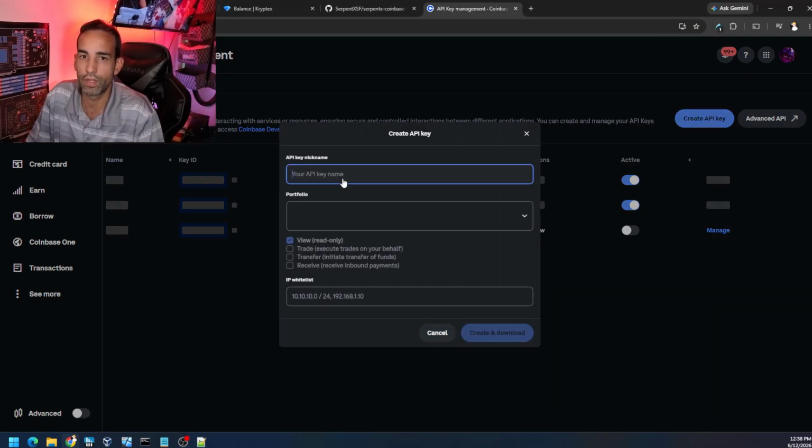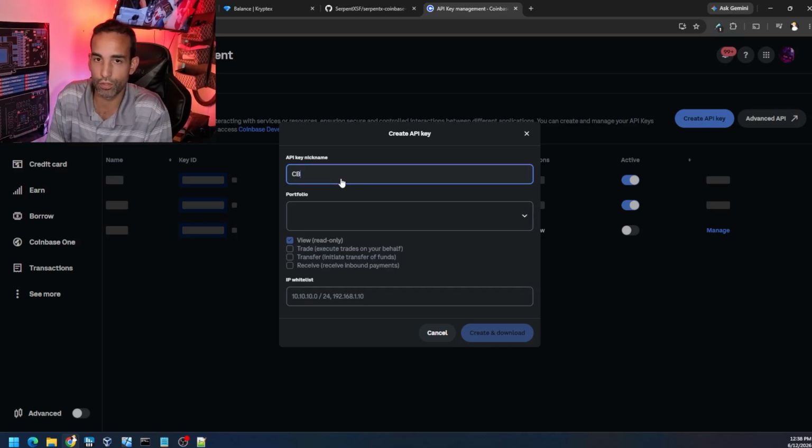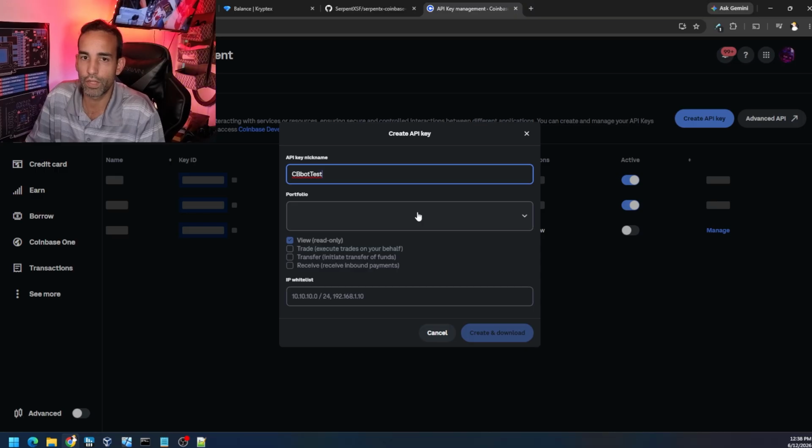Looks like my light is dying on us. So in this case, we're going to do CB bot test. We can choose the portfolio we want to give it access to, and then make sure we check trade execution. And that's pretty much it. You don't need to worry about transfer, receive. And then I would recommend whitelisting your public IP of the device that you're going to be using this bot on to communicate with Coinbase. So whatever the IP of the